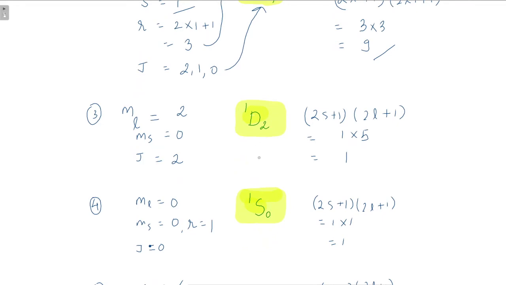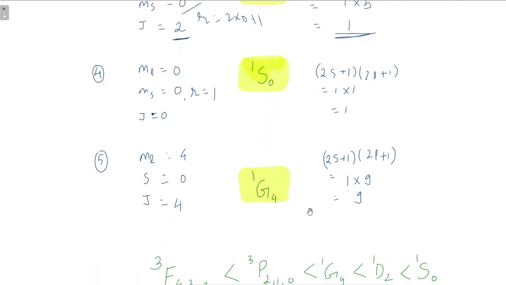And then you go to the second table for opposite spin. You have the value of ml as 2 and ms as 0. The remaining discussion is for ms equal to 0. So the term symbol for this is D, and the value of 2S plus 1 is 2 into 0 plus 1, which is 1. Okay, and then we have the value of J as 2, only one value, and then we calculate the microstates.